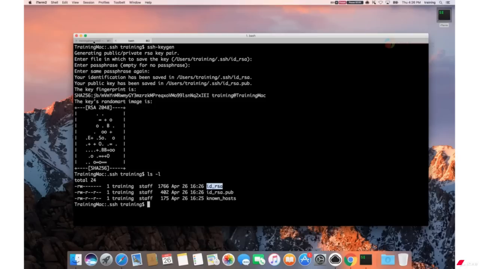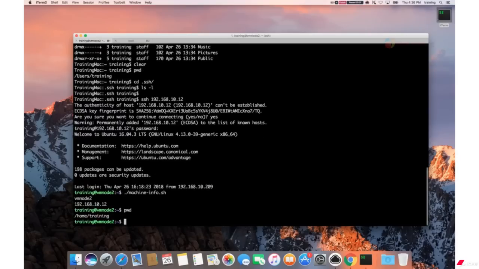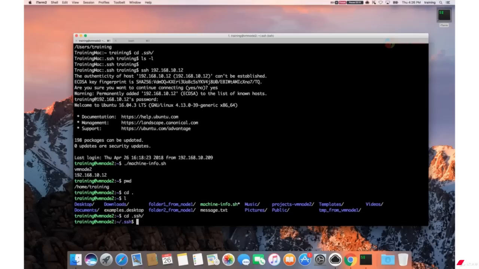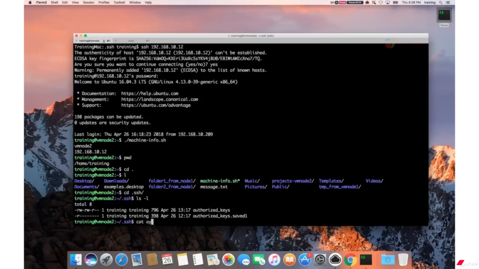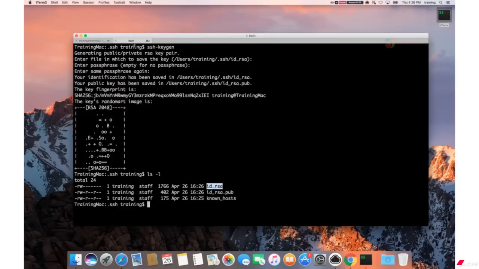The next step is to copy the public key from the Mac machine to the Linux machine. Now, before we execute the command to send the public key, let us first switch to the vmnode tool and look at the authorized keys file. And then after we execute the command, we'll go back and look at the authorized keys file again, because we need to actually see the new entry, and we have 2 keys in the file. Now let me switch to the Mac machine and run the command